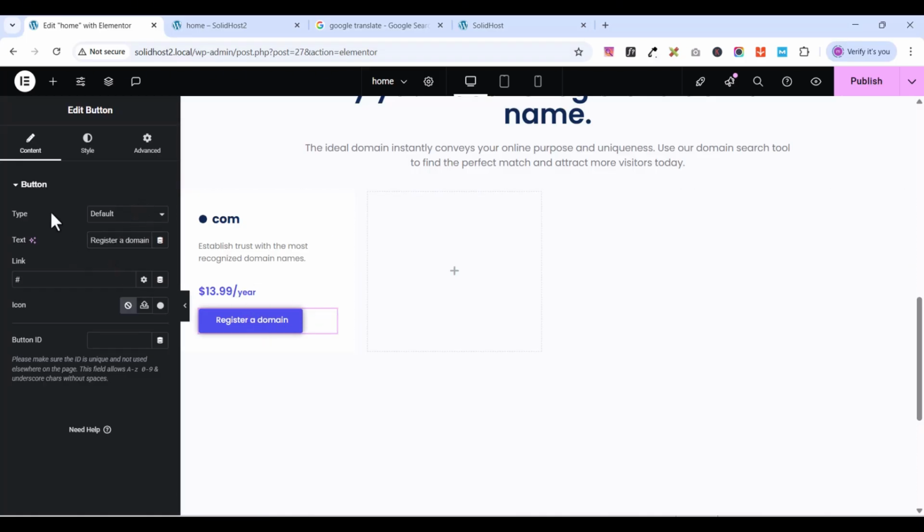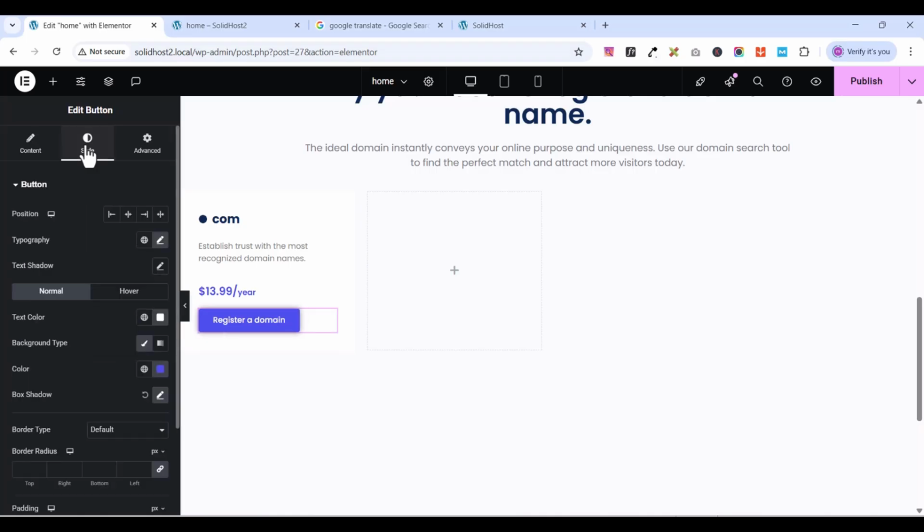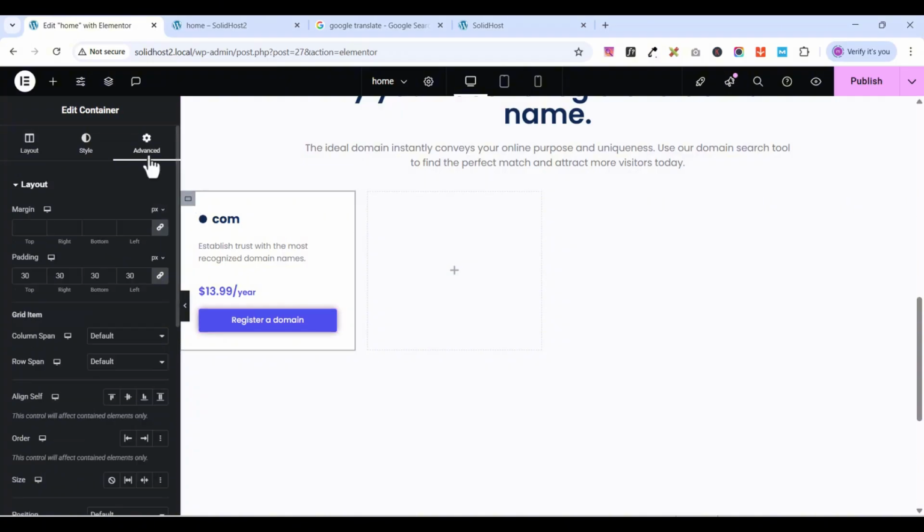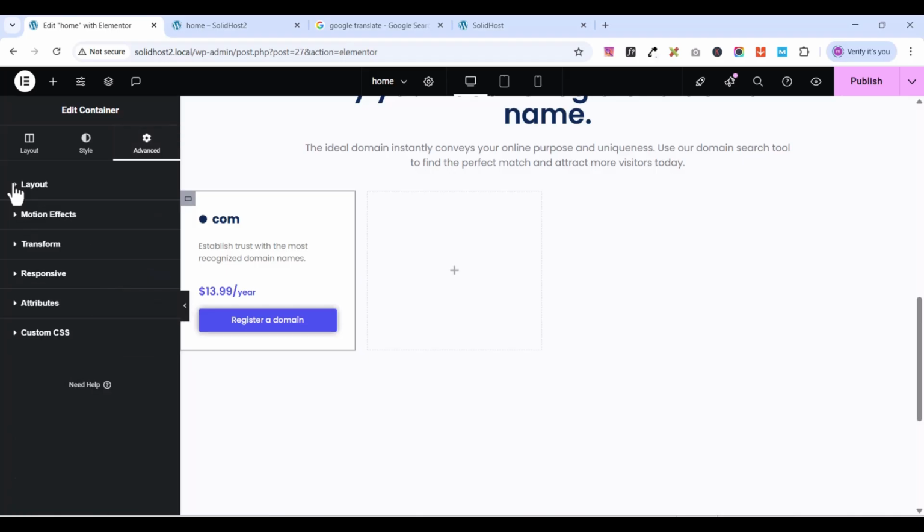I'll select the button and go to style. Then on the style, I will select stretch like this. Okay, so after that, I will select this section, this container, go to advanced. Okay, and on advanced, I'll select this container, go to style,